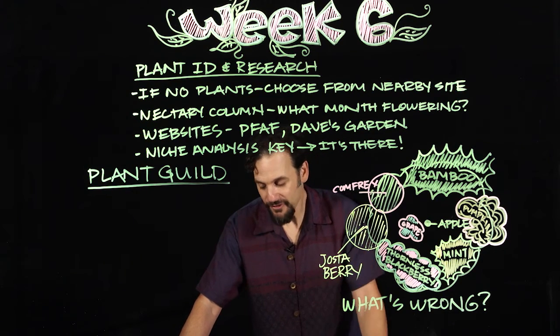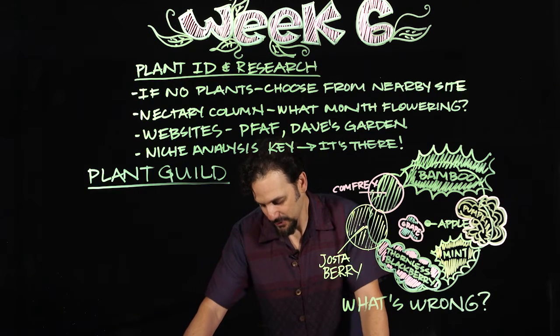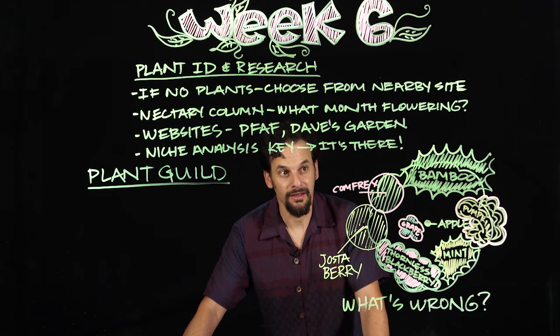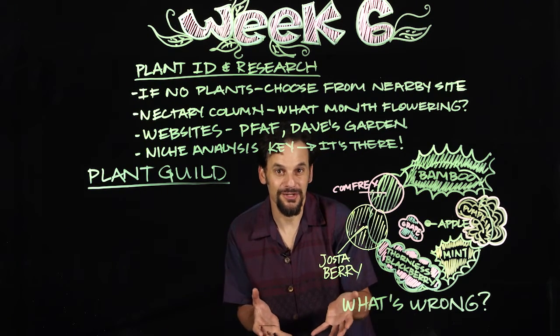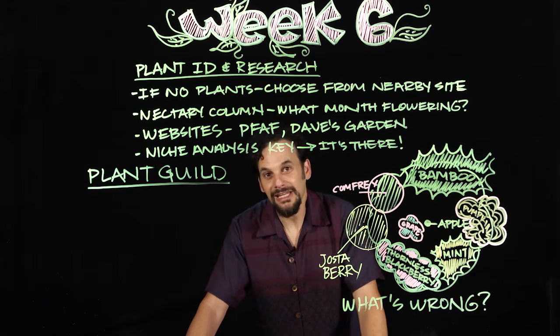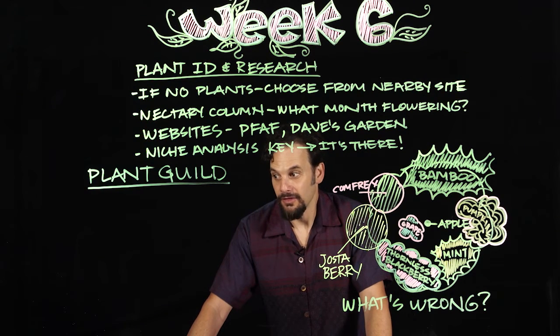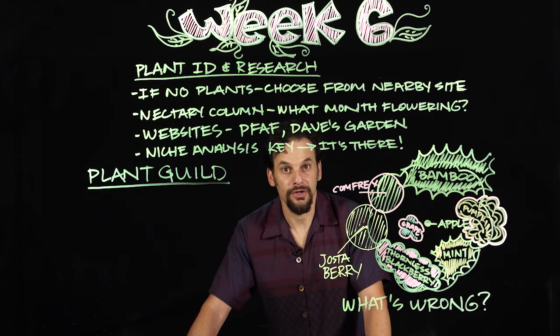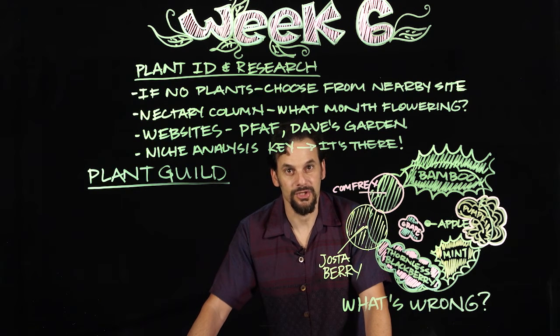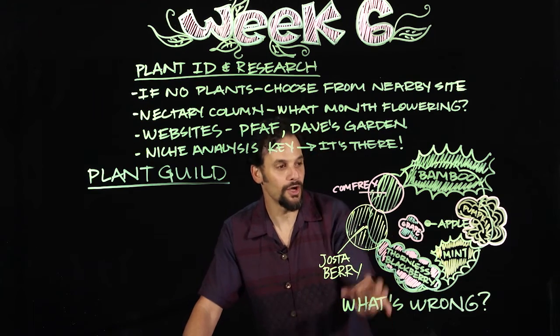So I have found that one of the main things that people do with this assignment, I guess this is also one of the main things that a novice gardener will do, mistakes they will make, is they'll plant very vigorous and aggressive plants very close to each other because the plants are very small when you start out. So you really want to look at the plants at maturity. And I would say the best way to do this is to walk around where you live, whether it's your neighborhood or your country road, and look and see what plants look like when they're actually some years into maturity. Because that will give you a clue about spacing.